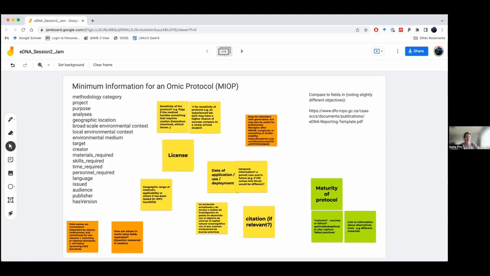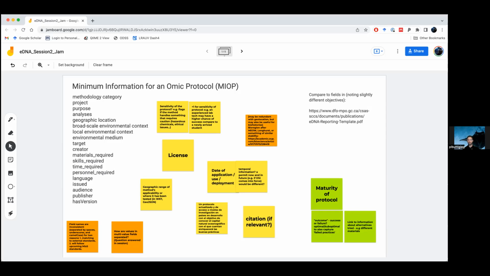Yeah, so the MIxS specification does have a lot of fields for which primers were used to generate the data, like the sequence itself. We don't want to convolute the metadata of the data set that comes out of it with the metadata of the protocol. Inside the protocol itself, you would be defining which primers you use and a whole host of other things that are relevant. That's also why we're using GitHub with this markdown format and these templates, because it's much easier for machines to find that information.